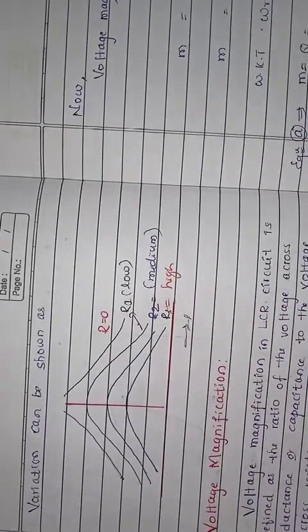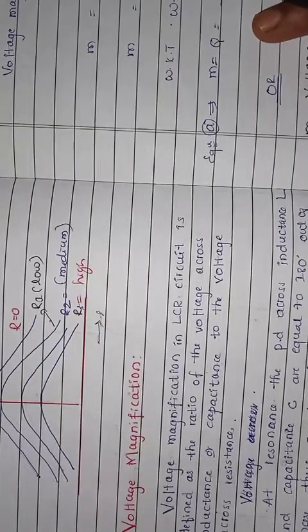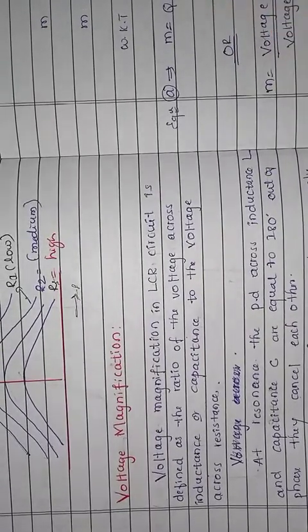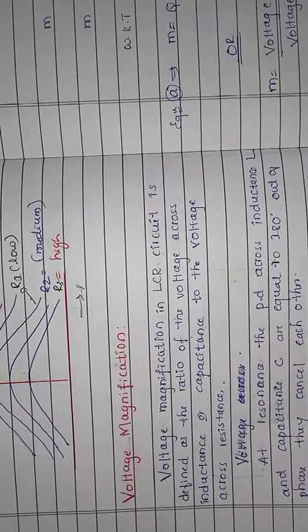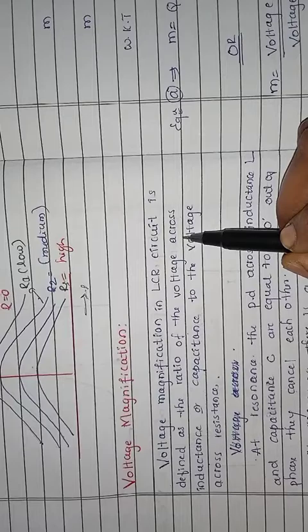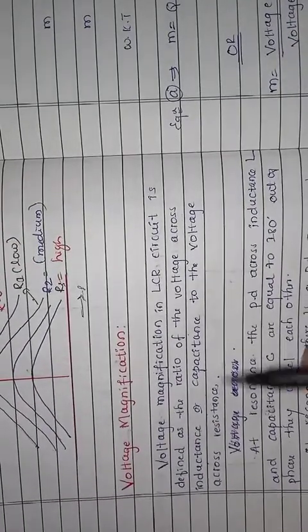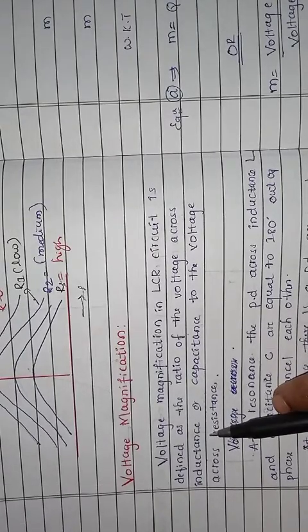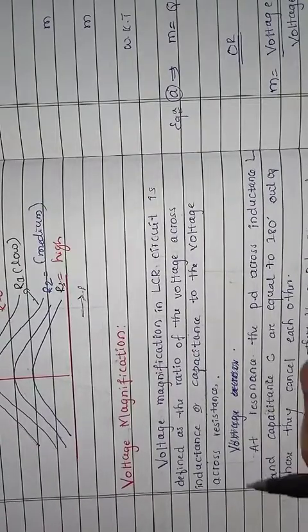This is the sharpness of this resonance. Then voltage magnification. What is voltage magnification? The voltage magnification in the LCR series circuit is defined as the ratio of the voltage across the inductance, or you can consider the capacitance also, you can take either one, to the voltage across the resistance. That is,